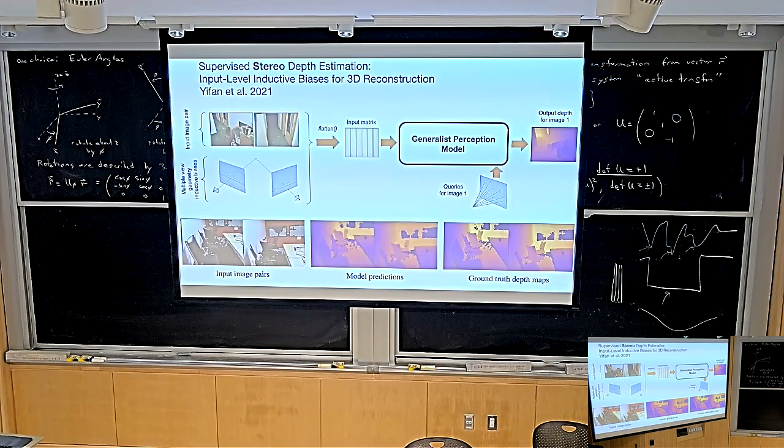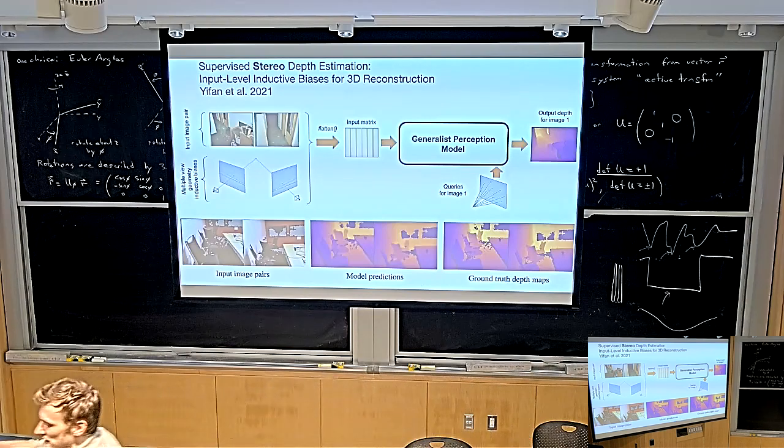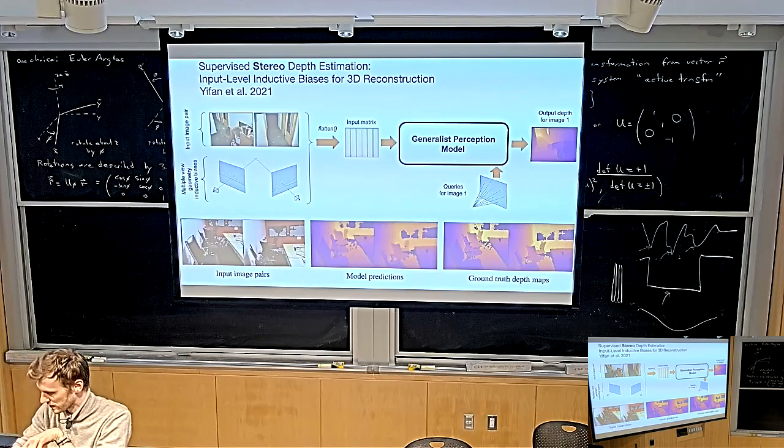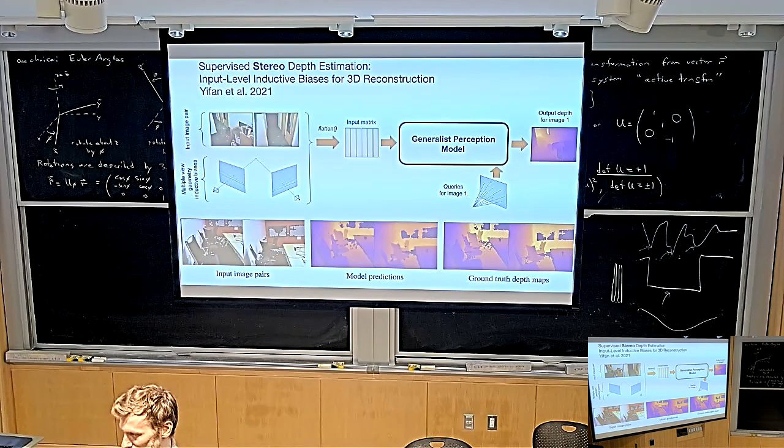But actually, I have the ground truth depth for this point. I've seen points like that at training time, and I have their ground truth depth because, for instance, you measured the depth with a depth camera instead of computing it from the stereo. And so then the transformer can just learn rules like that. The transformer can just be like, oh, I'm just going to inpaint the depth for this point, even though there is no correspondence. So the transformer can basically fall back to monocular depth estimation, for instance, for all the points where there's no correspondence.